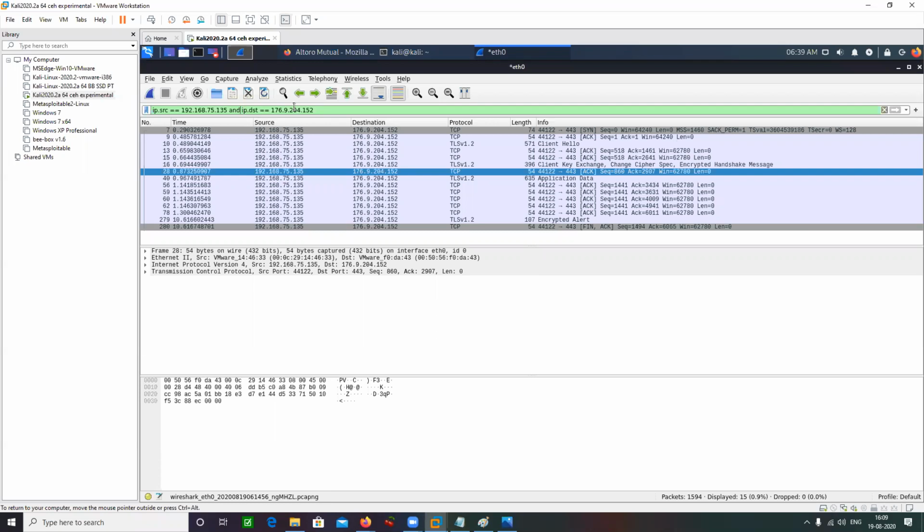Similarly, I can use the not operator. I can simply negate this filter by putting an exclamation mark here. Let's put an exclamation mark here.